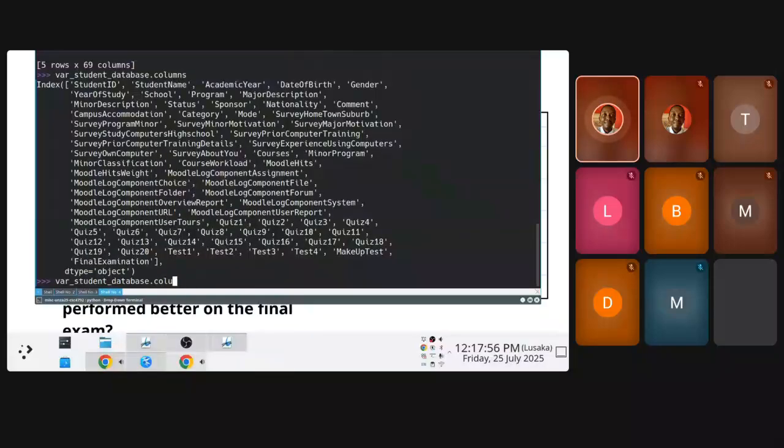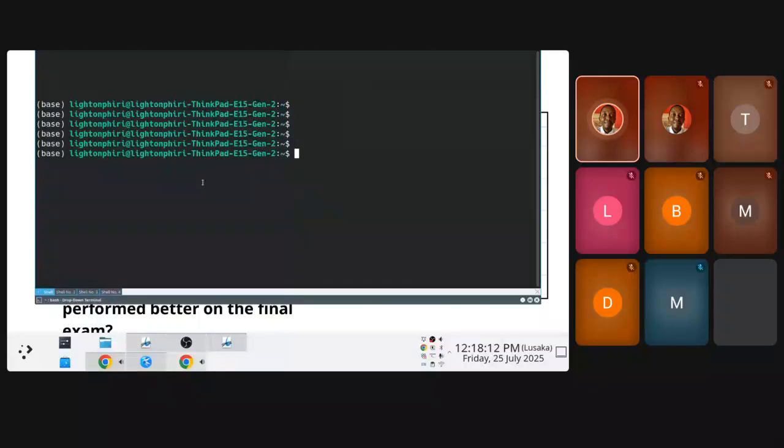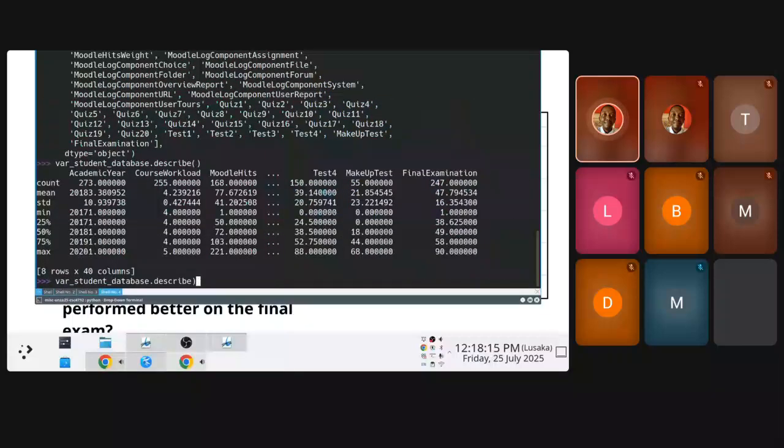In fact, I can even generate descriptive statistics associated with the data itself. I can do, by the way, most of these functions I run here, they're overloaded, so you can feed them with different parameters. Your task is to figure these things out as you're playing around with the data, right? So you want to make sure that you play around with built-in functions. Like if you said .describe here,